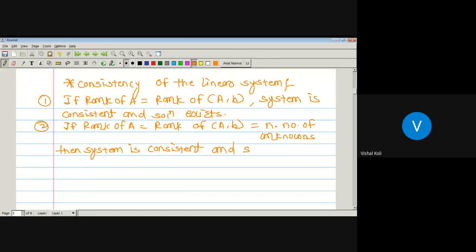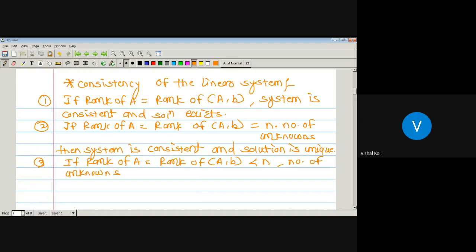And third one, if rank of matrix A is equal to rank of the augmented matrix AB, but which is less than n, the number of unknowns,